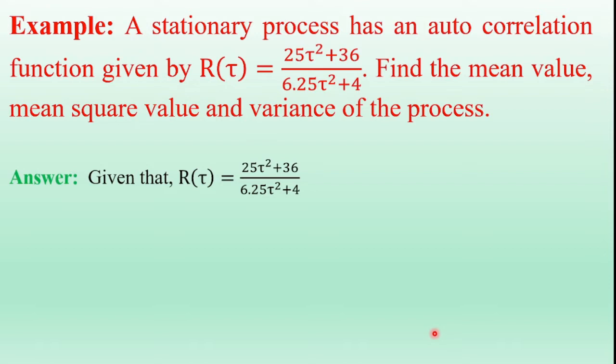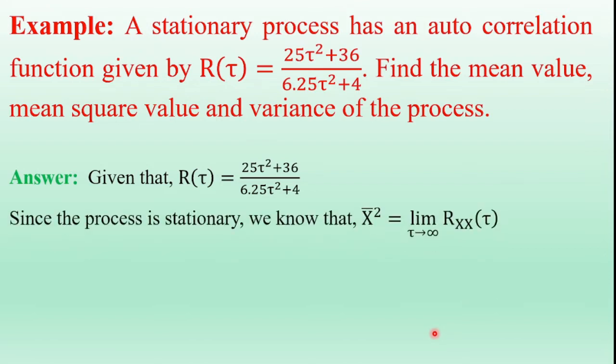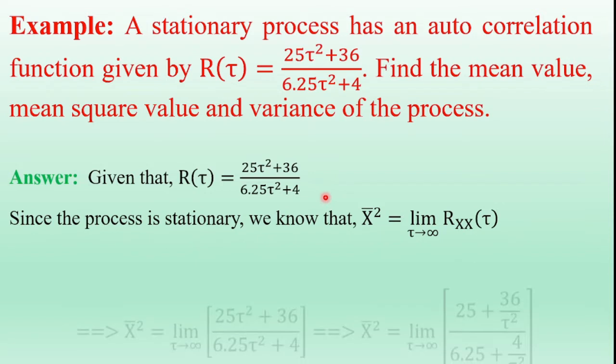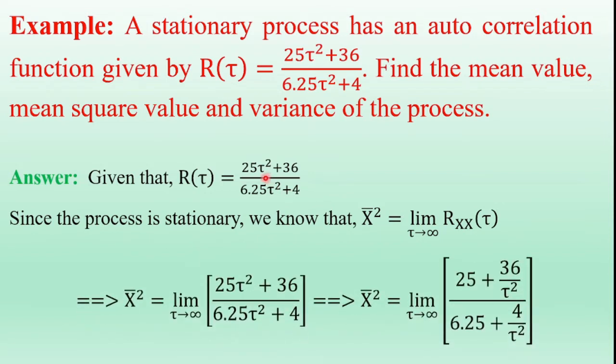So first calculate the mean value of the random process. We know that expectation of x of t whole square is equal to limit tau tends to infinity R_x of tau. So now here first substitute tau is equal to infinity. The numerator has tau and the denominator has tau. Infinity square is infinity, infinity plus something is infinity, so infinity by infinity is meaningless. Therefore, in the numerator term take the common tau square,